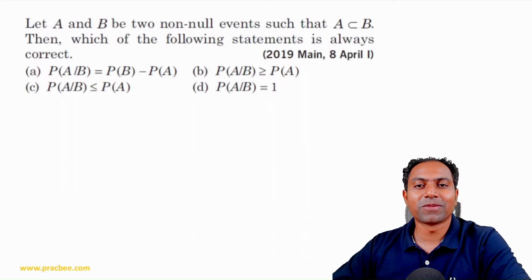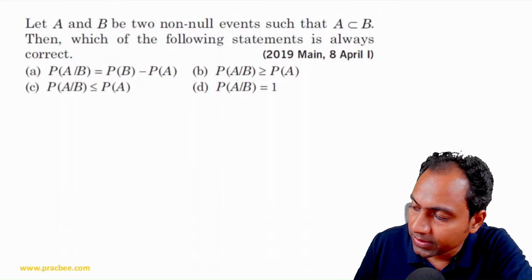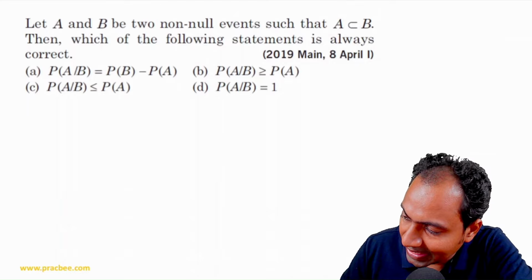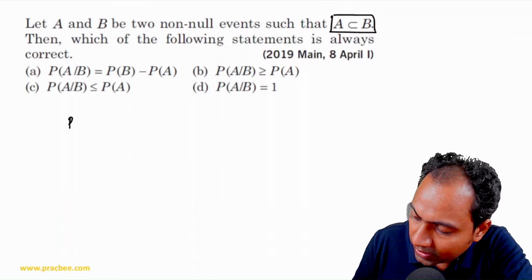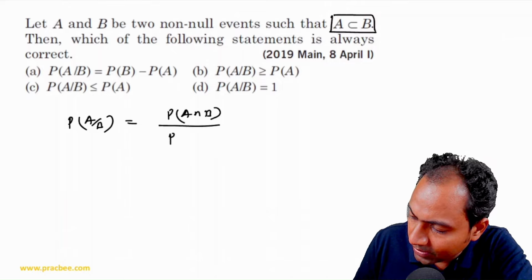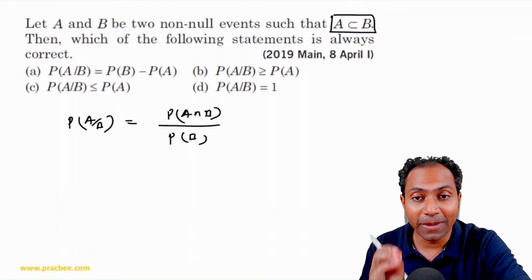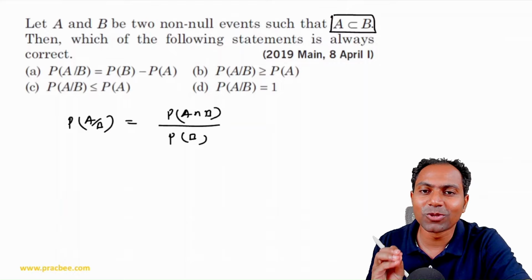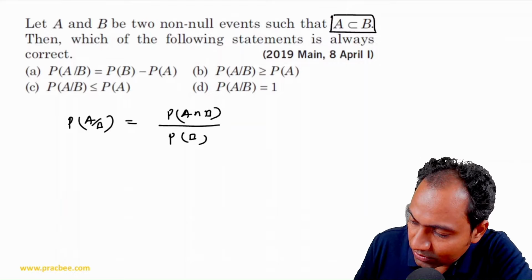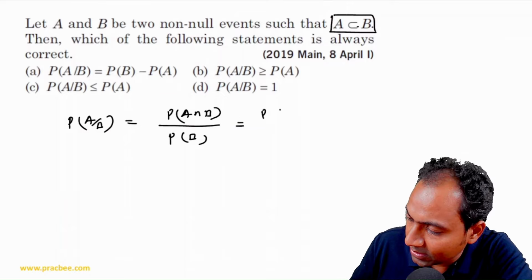Now this very simple question based on the basic theorem was asked in 2019. This question talks about two events A and B such that A is a subset of B. So if I find the value of P of A by B, let us see what we are going to get. So if I apply my formula, it is P of A intersection B by P of B, and always remember that in axiomatic probability, our psychology would be to apply axioms in order to get the answer rather than using logic. So in this kind of question, once you have applied this, since A is a subset of B, P of A intersection B can be written as nothing but P of A